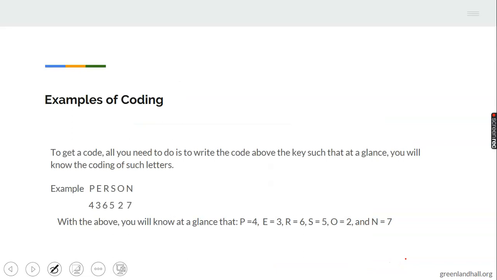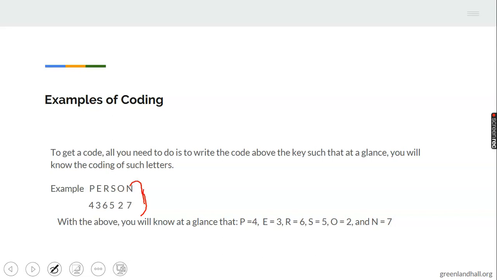Now, let's look at some examples on coding. To get a code, all you need to do is write the code above the key such that at a glance, you know what glance means? Just by mere looking at it once, that's what glance means. Just quickly look at something and remove your eyes. Then, such that at a glance, you will know the coding of such letters. So what do you need to do? Write the code above the key. By the time you write it, when you look at it at a glance, just look at this example I have here. Just by mere looking at that word, person, at a glance, you know the coding